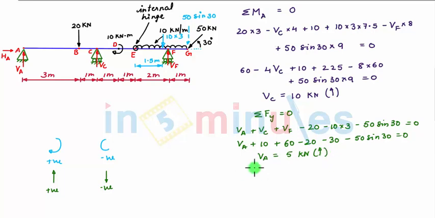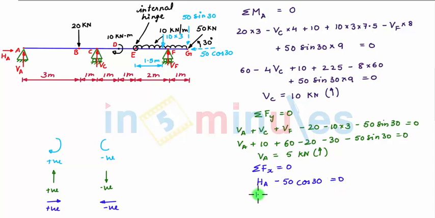Next we apply the third static equilibrium equation, which is summation of all horizontal forces is equal to 0. Our sign convention is rightward force is considered to be positive and leftward force is considered to be negative. So we see in this beam we have this rightward horizontal support reaction HA, and we have the leftward horizontal component of this inclined force whose magnitude will be given as 50 cos 30. So we have minus 50 cos 30, and summation of all this horizontal force is equal to 0.